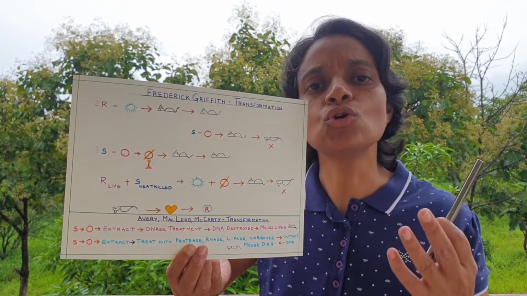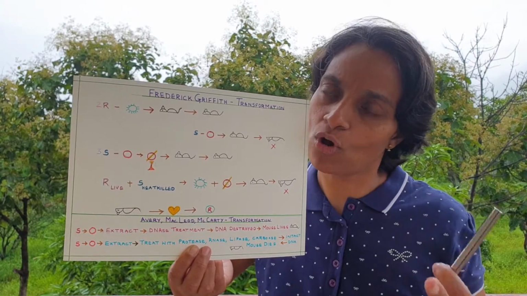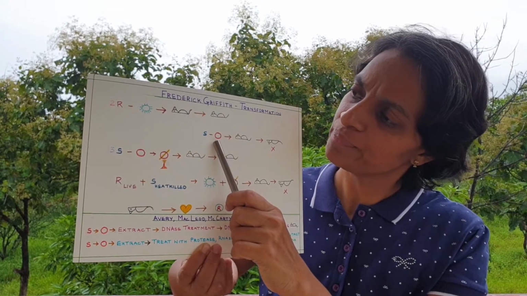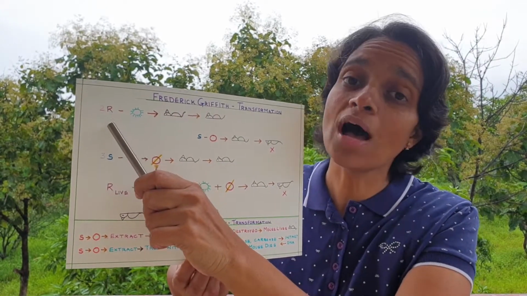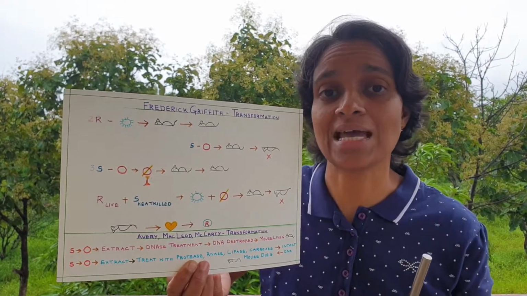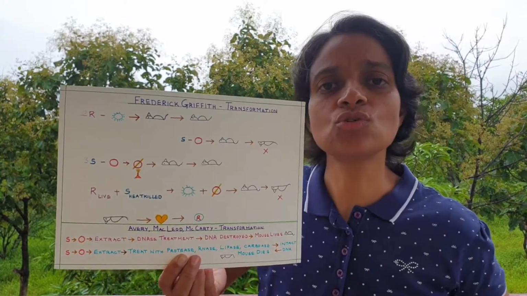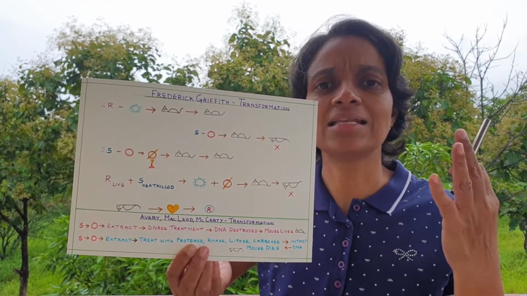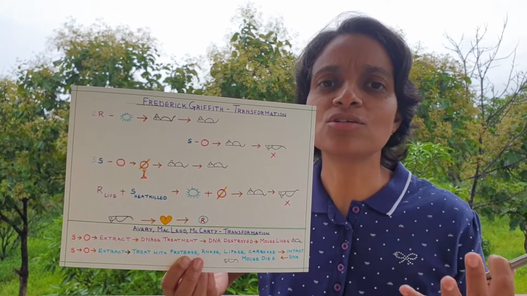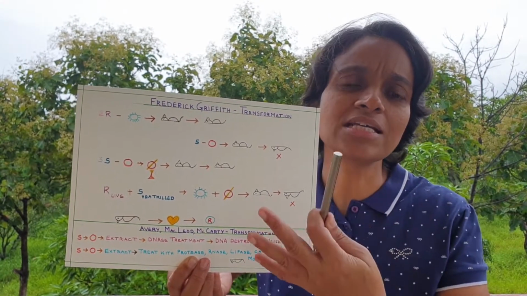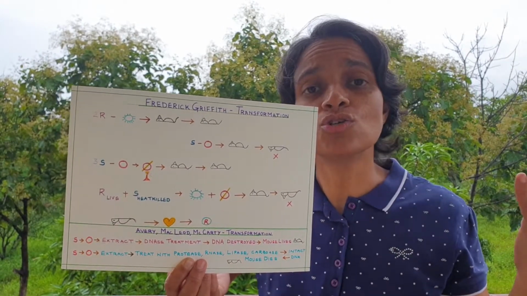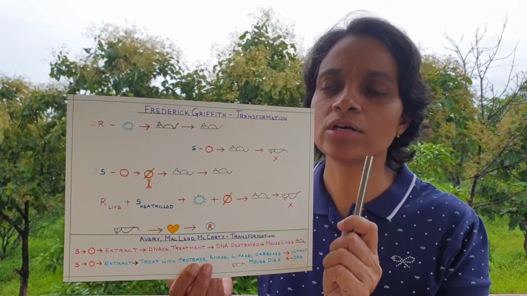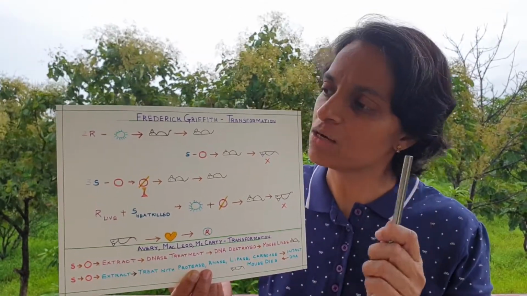So he selected two strains of pneumococci, and the two strains were called R strain and S strain. The R strain was called type 2R, and the S strain was type 3S. Now, why he chose these two strains was because they can infect mice. And back then, even now, mice are similar to humans in many ways, and studies in model organisms can be extrapolated to humans. With the same point in mind, Griffith took mice as the experimental organism,